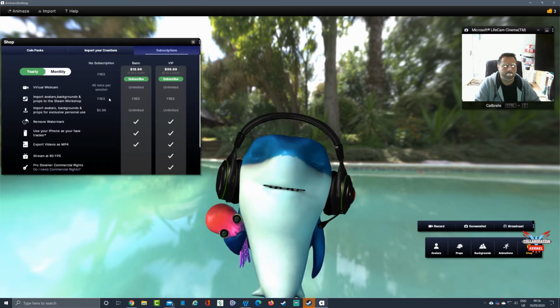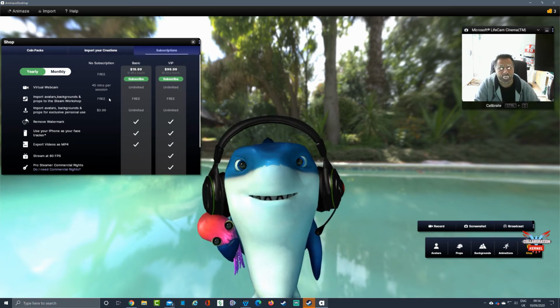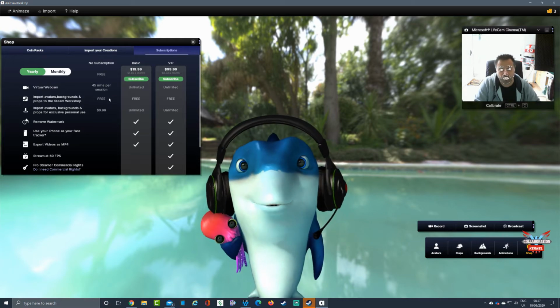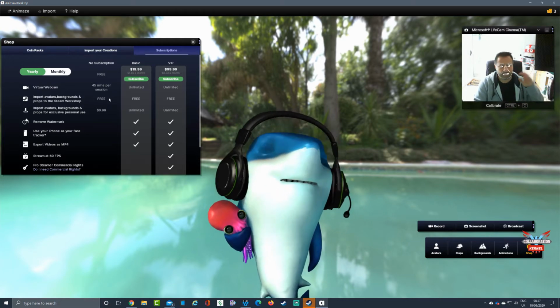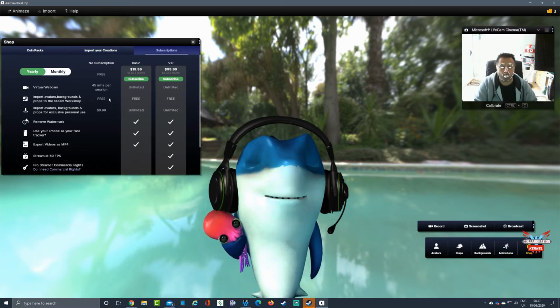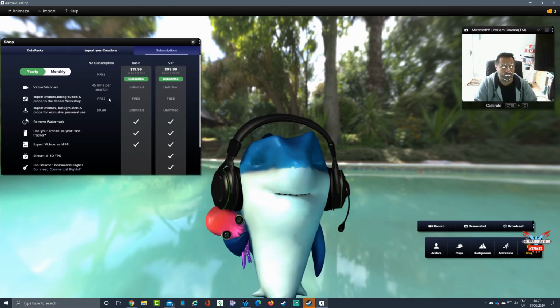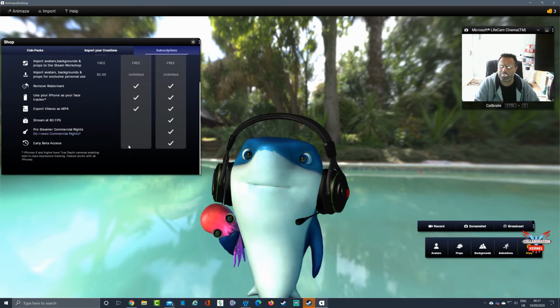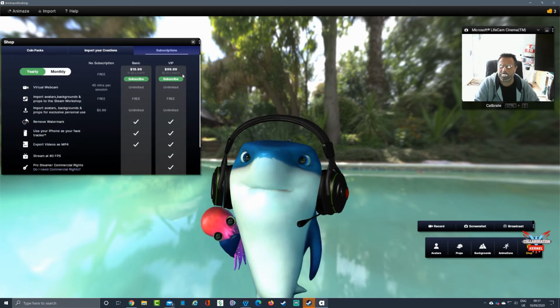For free, you can do this for a 45-minute session, which kind of marries up with what you get with currently the free version of Zoom. Again, you've got Google Meet. There's no limit at the moment on what you can do in regards to the length of meetings. And you can import it into other packages as well. And you can see you've got different options. If you subscribe to